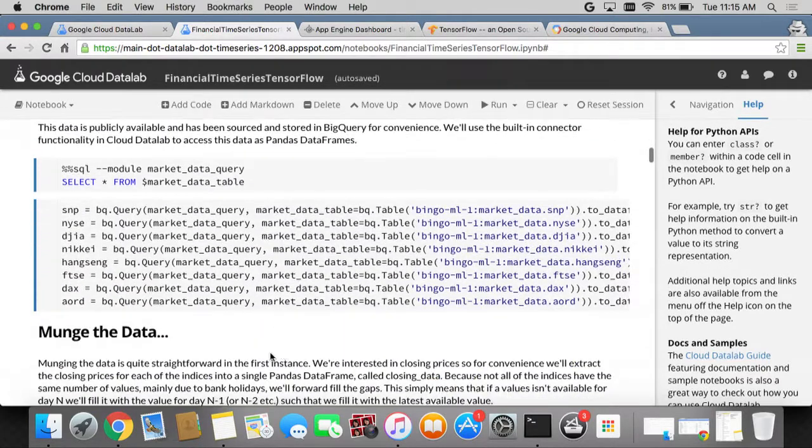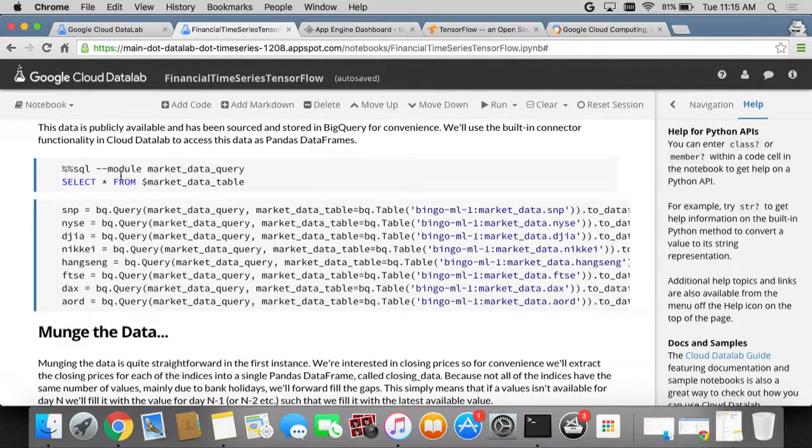And you can see right here that very simply, once you put your data within BigQuery, you can query it with SQL-like questions, and they're going to come back very quickly. We're able to scale up to petabytes and petabytes of data within BigQuery, and BigQuery is going to be able to return simple SQL requests within seconds. How do we do it? Google magic.